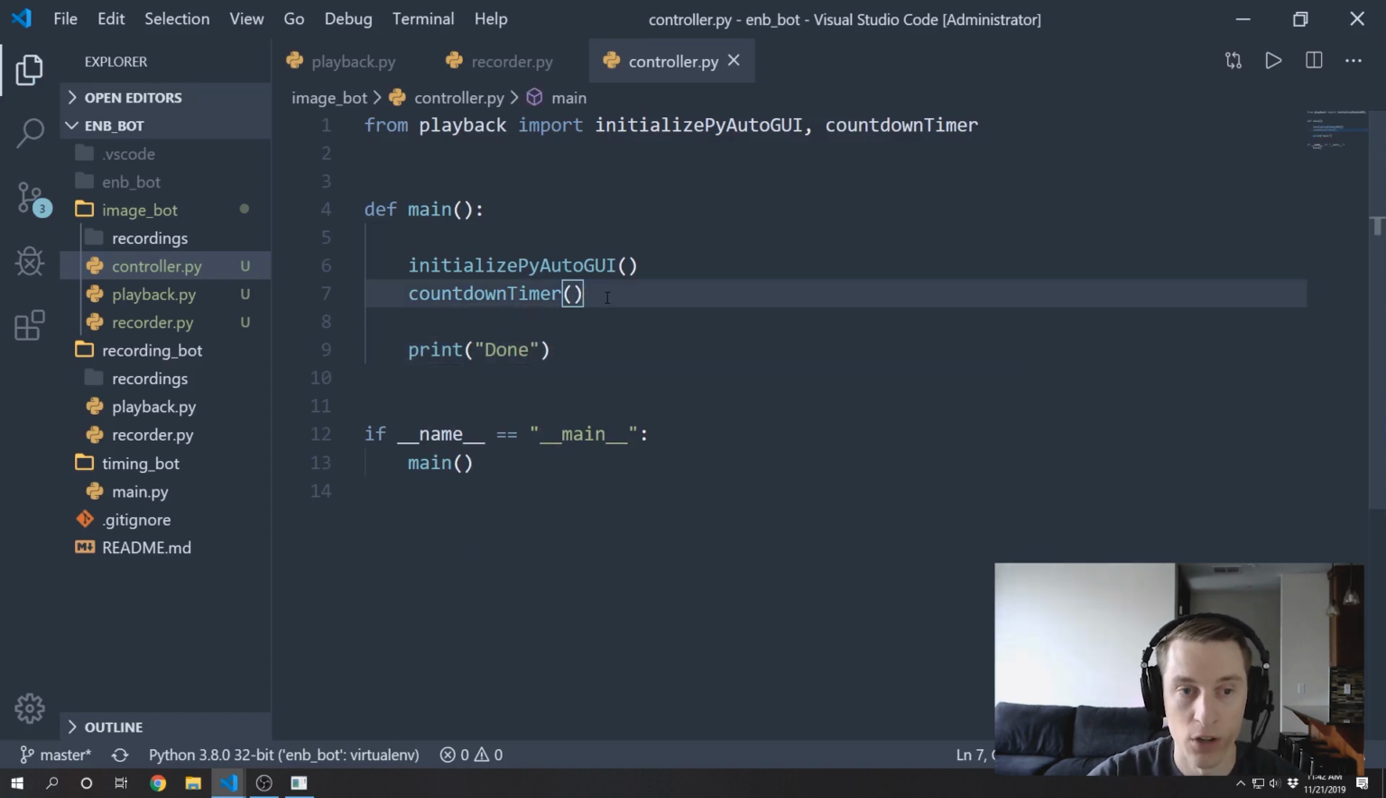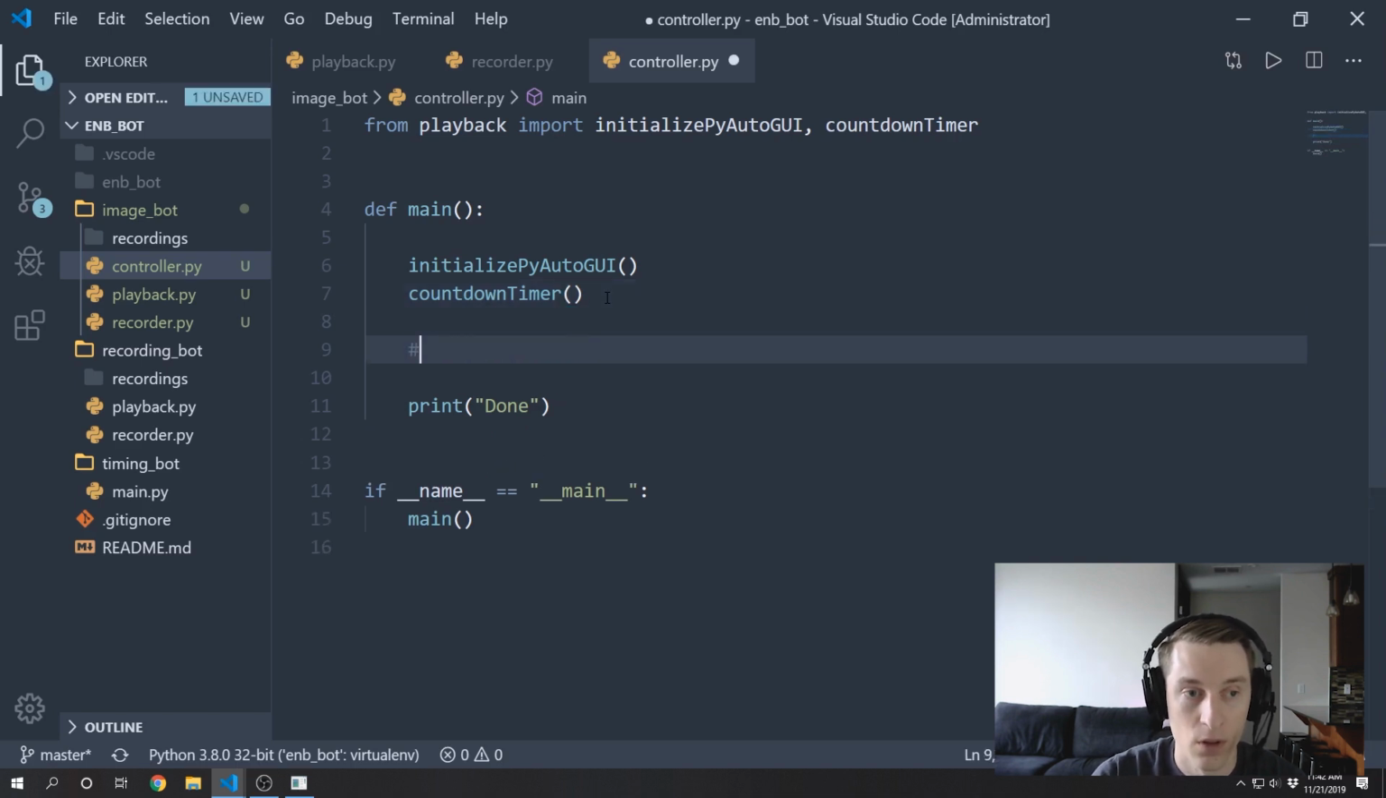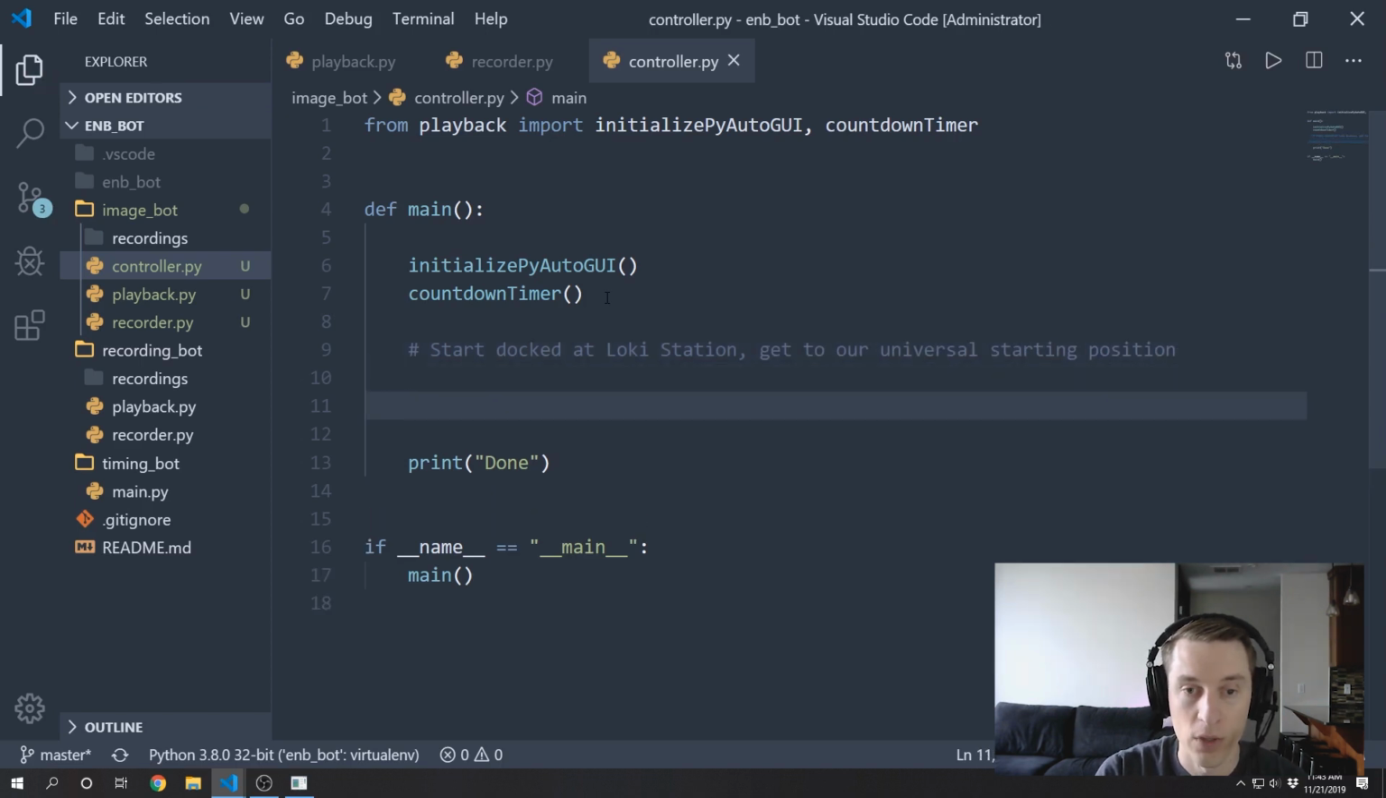And before we write any more code, let's just outline what exactly it is we want to try to accomplish here. So first we want to start docked at Loki station. And from there, what we want to do is get to our universal starting position. And then once we're in our universal starting position, we can just play back those 4 steps to get to the trader. Go to the trader, do the buying and selling,